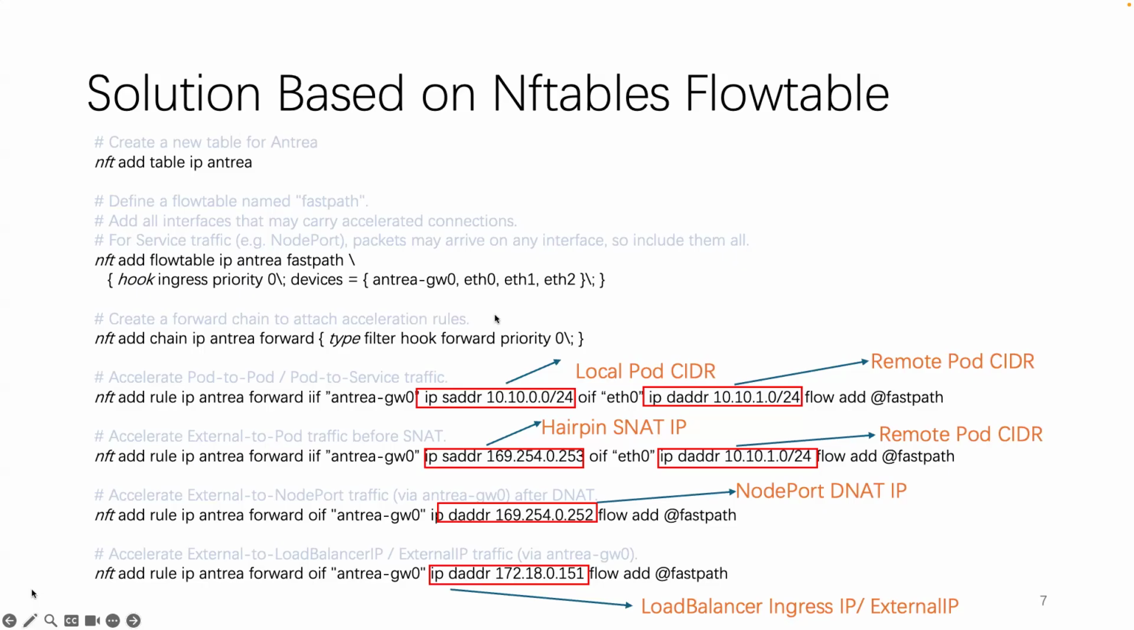Okay, for next, we will add the rules to match the connections that are expected to be accelerated. And we only need to match the connection for the first packet out in one direction. We don't need to match the packets in two directions. For port to port or port to service traffic, we just need to match the local port slider and the remote port slider. And for the external to port traffic,